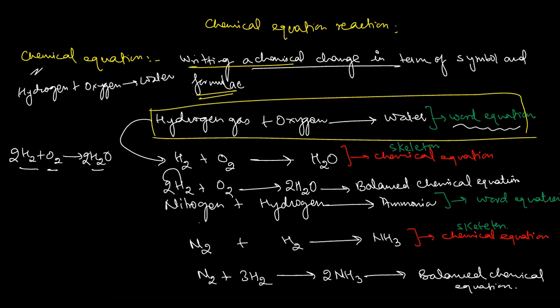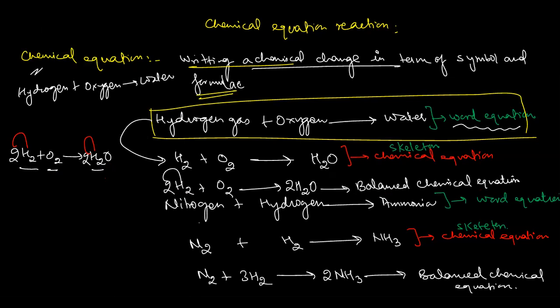So actually this would be 4 hydrogen atoms here now, and this is only 2 hydrogen atoms, but when this 2 is being multiplied with this one, it will be 2 oxygens. So 2 oxygen atoms here. So we are going to have the same number, same mass on the reactant and product sides. So we will say that this is a balanced chemical equation. So if I write this in a balanced way, it would be a balanced chemical equation.